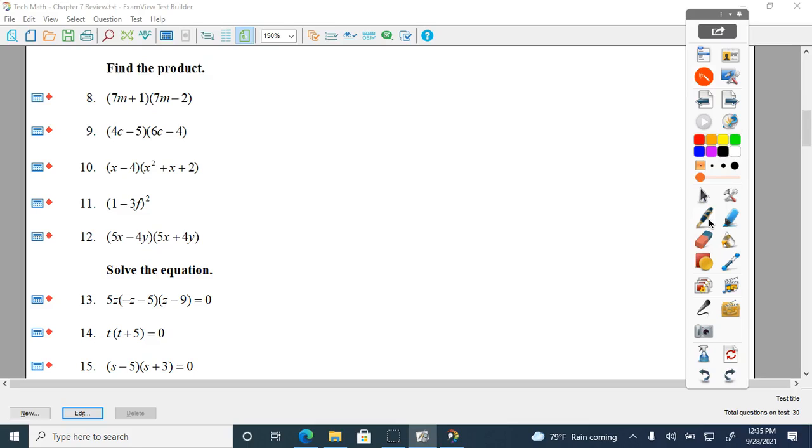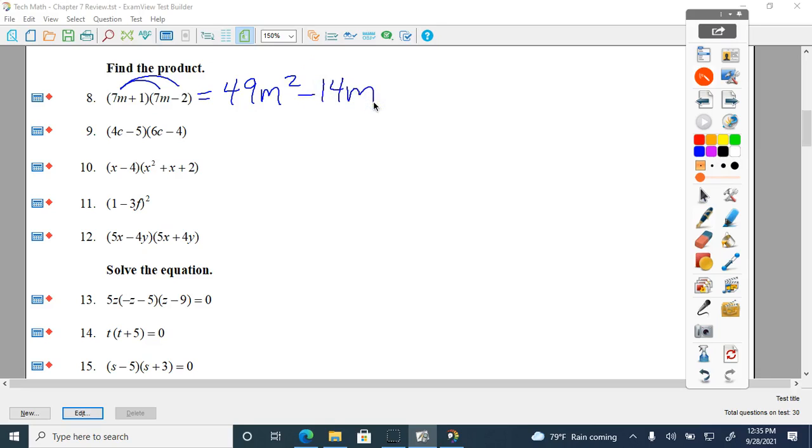All right? So here, 7m times 7m is 49m squared. Again, if you want to do these with the boxes, the squares, you can. Everybody hear me? You do not have to do it the way I do it. All right? If you want to make the little multiplying boxes, do that. I know a lot of you did, and you did very well with it. Okay? However you want to do it that makes it right for you. Okay? I'm doing FOIL. 7m times negative 2